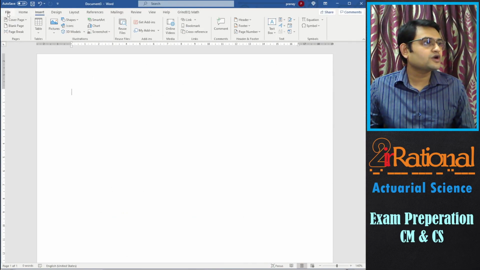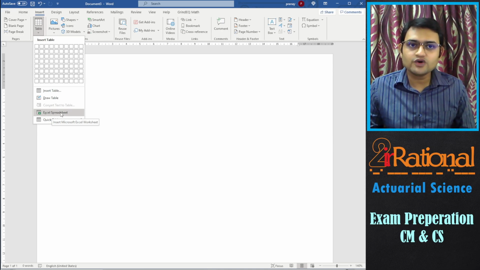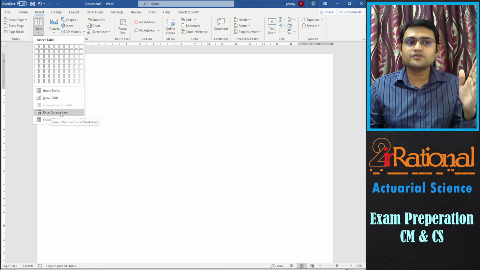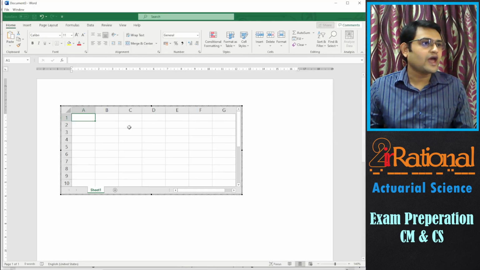In your Word file, you will find in insert tables, you have something called an Excel spreadsheet. Make an Excel spreadsheet inside your Word, and that is allowed. You cannot add an Excel sheet from outside, but you can use your Excel spreadsheet here. You can see all the functions of Excel will be available in your Word document.